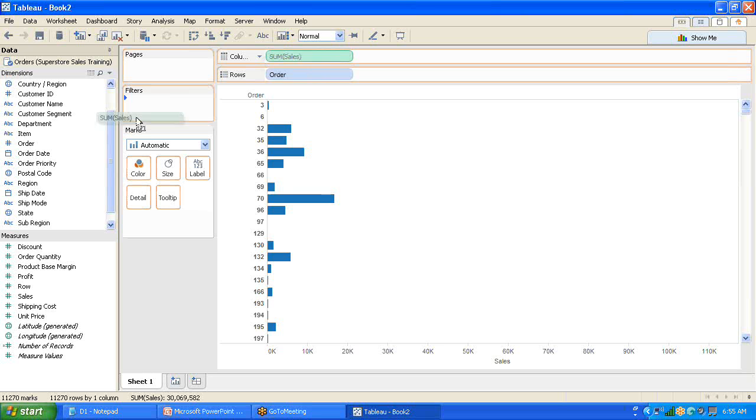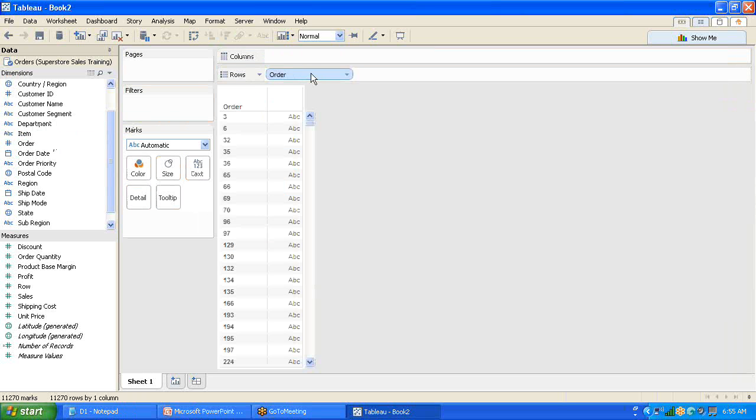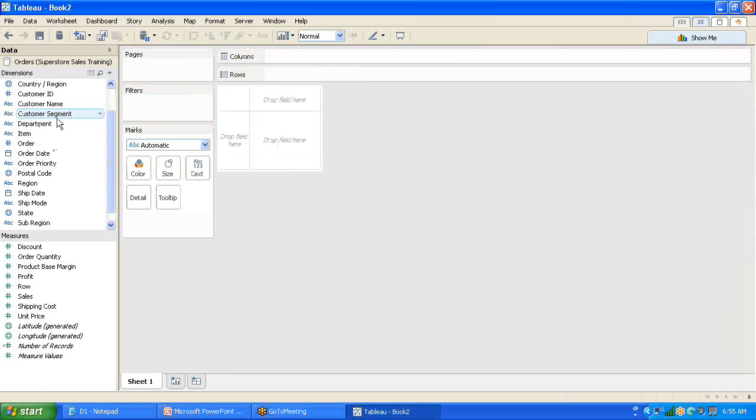All right, and if you don't want to do this, you just drag and drop it here. So that's how you drag and drop the rows, columns, pages, and filters. Okay, so before we go there, we moved the order from measure to dimension, because we feel this should be in the dimension, not in the measure. All right, so now let's go to this